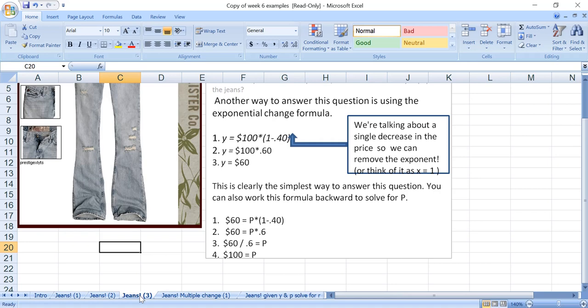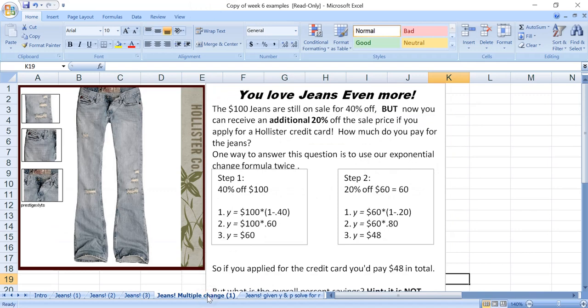And again, pretty straightforward algebra. 1 minus 0.4 gets me 0.6. And then divide both sides by 0.6, and that will get me 60 divided by 0.6 is back to that 100. Okay. Now, let's say, for the sake of argument, that you decide to buy the jeans, and you get